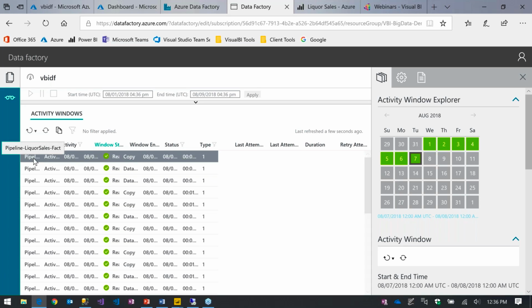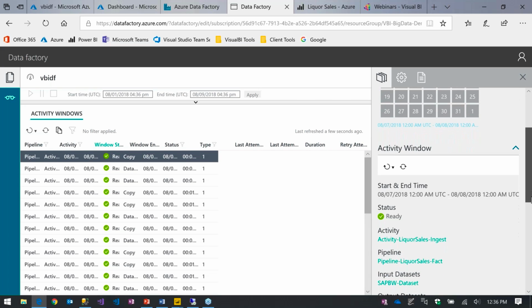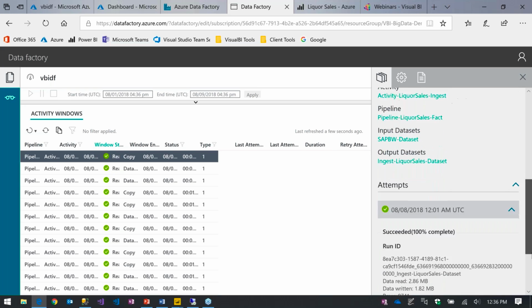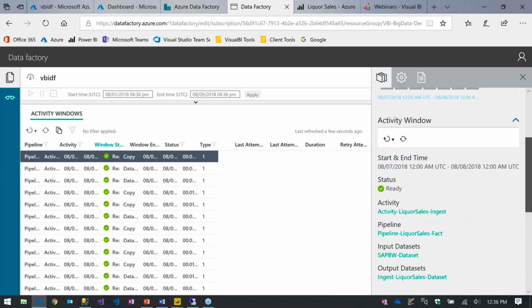A little hard to read, but the first one in my list here is my liquor sales pipeline. You can see here that it's running every day. It's been green. It would turn red if there's any failure and give me some information about that. In this window, I get quite a bit of information about the last run: what came in, what went out, how long it took, all those types of things.